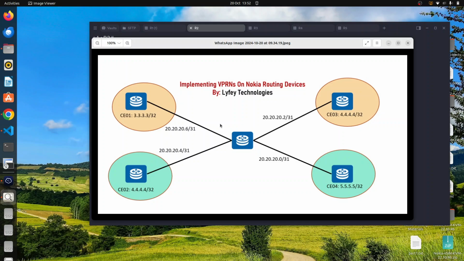So in this lab simulation, we'll be demonstrating how to configure VPRNs on Nokia, and you can see that in this topology, we have the PE router. So the router in the middle will be our PE router, and then we have 4 customers. So we have 2 customers in one VRF, so C1 and C3 will be in one VRF, and then C2 and C4 will be in the same VRF. So we need to ensure that we have communication between same VRFs, and will not have communication between routers in different VRFs. So this is just a simple implementation to demonstrate how you configure VPRNs or VPN instances on Nokia,